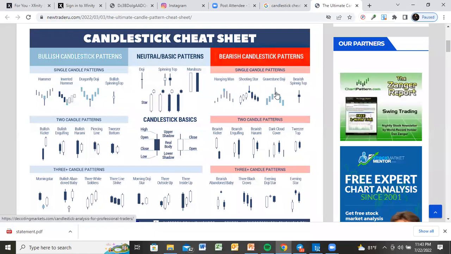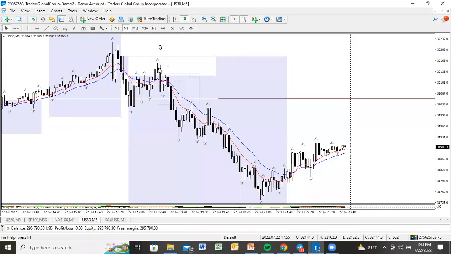It looks like this, like a gravestone doji. Look at it right there. Yep, that's a gravestone doji. So now you're seeing a reversal candle, right? It's giving you a reversal candle. So that's when you want to go in for the trade. You don't want to go in here when you see bullish momentum, like white,